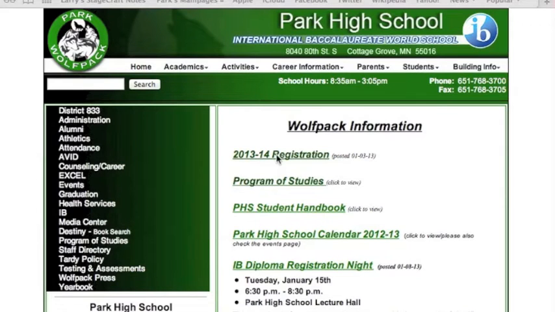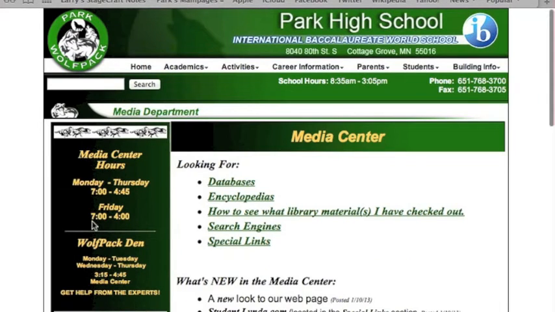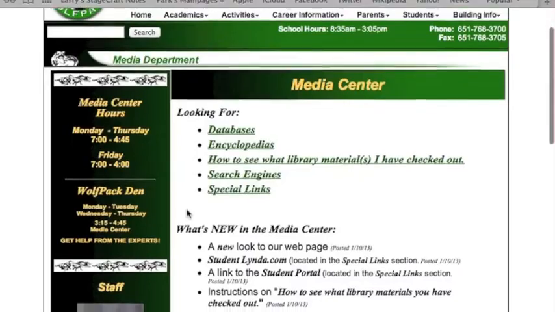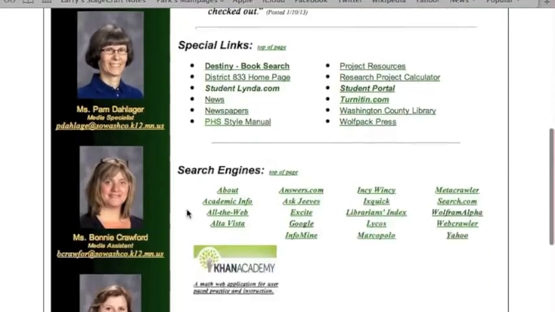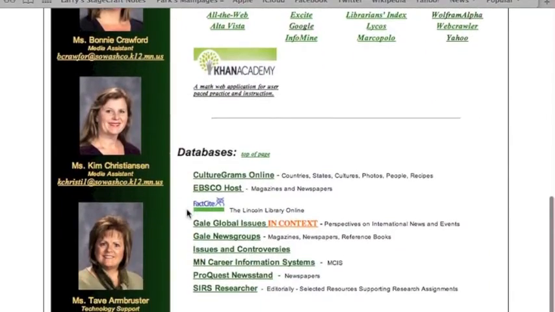Databases that will help you with your research for your research paper. In order to access these resources, you'll have to go to Park High School's homepage. On the left side, you're going to click on Media Center. Once you've gone to the Media Center homepage, you are going to scroll towards the bottom of the page where